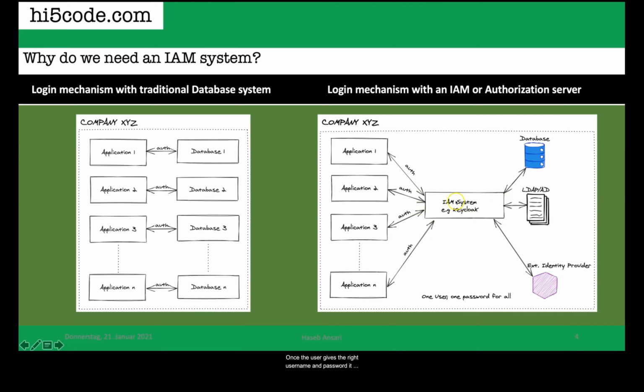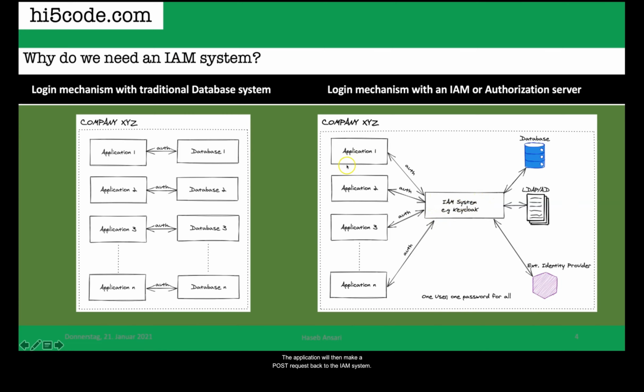Once the user gives the right username and password, the IAM system verifies against the corresponding user source, and once it is successful, it will generate a code